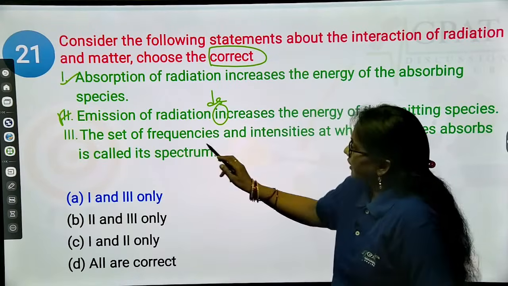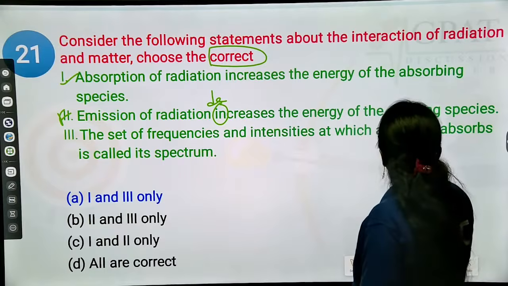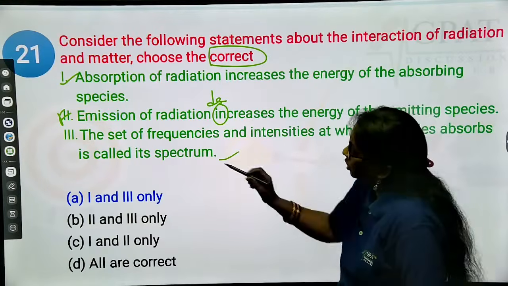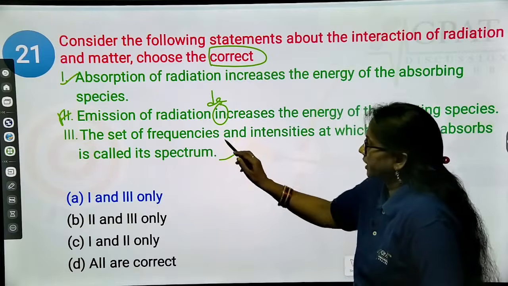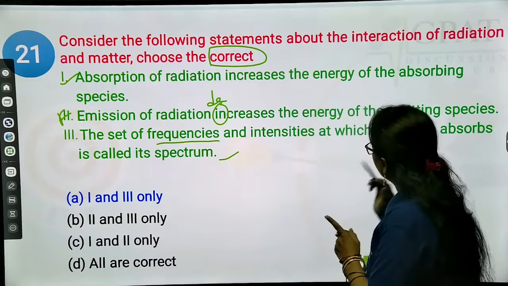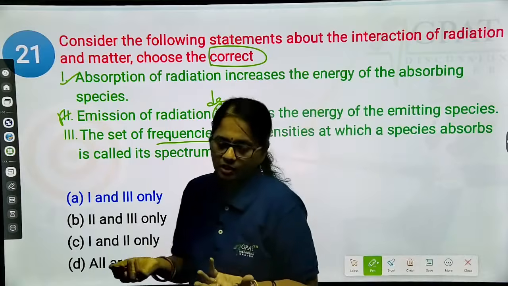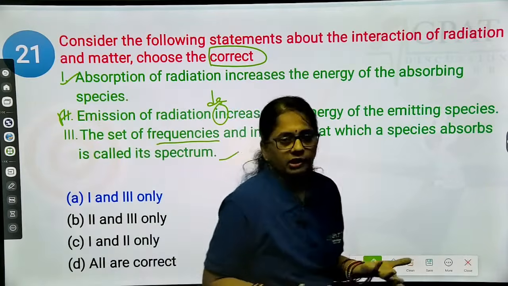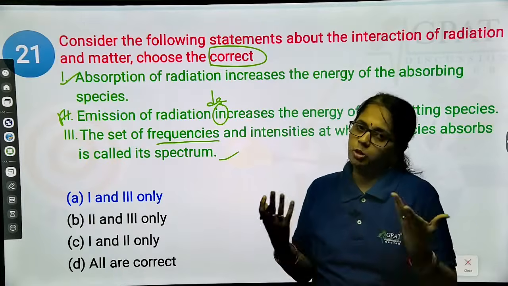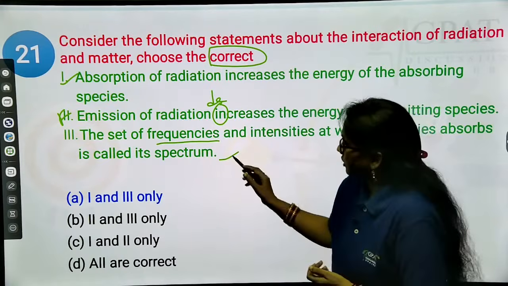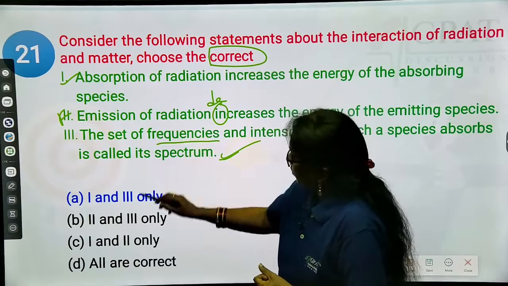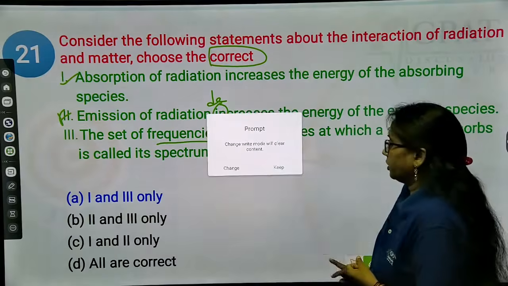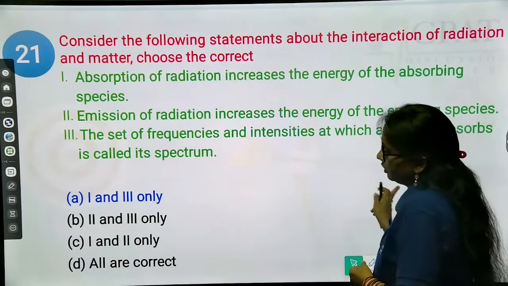Next, the set of frequencies and intensities at which a species absorbs is called spectrum. So this is called the spectrum, the set of frequencies and intensities at which a species absorbs the radiation. Then only we are going to get the spectrum, whether it is an IR spectrum or UV spectrum. So this statement is also right. So that is why options 1 and 3 are right, whereas 2 is the wrong statement. Okay. Next,